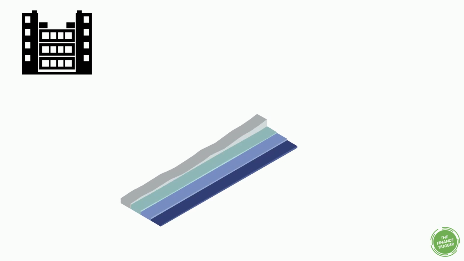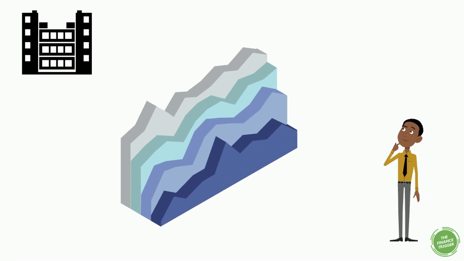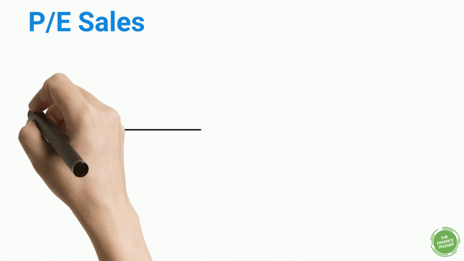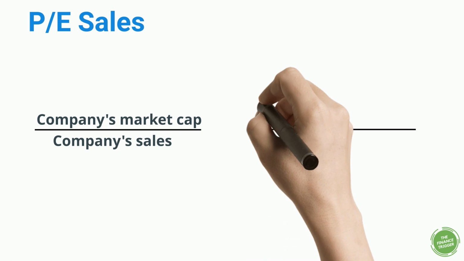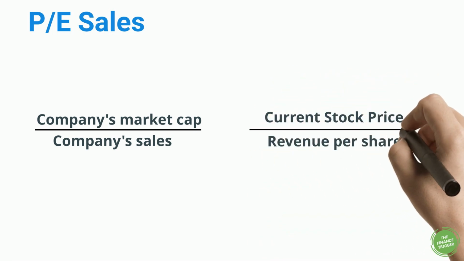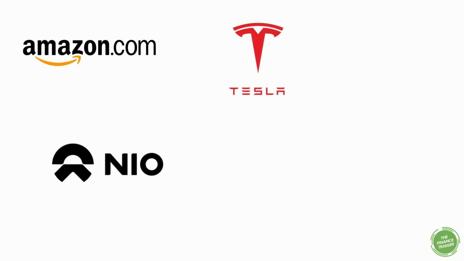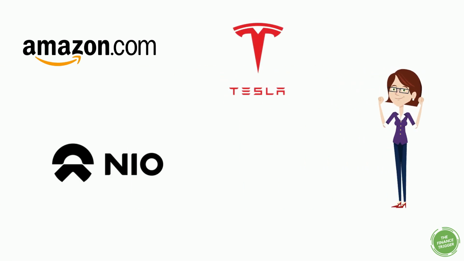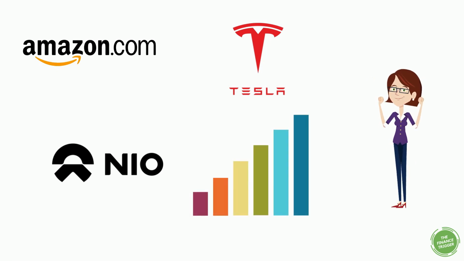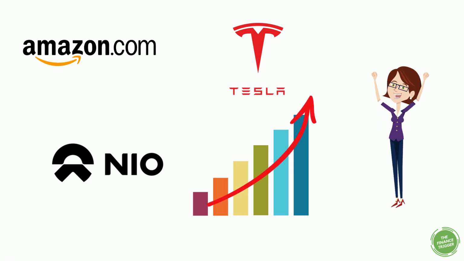This is an amazing tool for companies that have already reported earnings, but maybe you wonder how you can evaluate a company if the earnings are still negative. In this case, we will use the price-to-sales ratio. We use the market cap divided this time by the company's sales, or the current price divided by the revenue per share. Generally speaking, growth companies will have high ratios because of investors' expectations. People think that the company will have a good performance in the future for several reasons, and buy the stock, pushing the price higher than the earnings or sales.